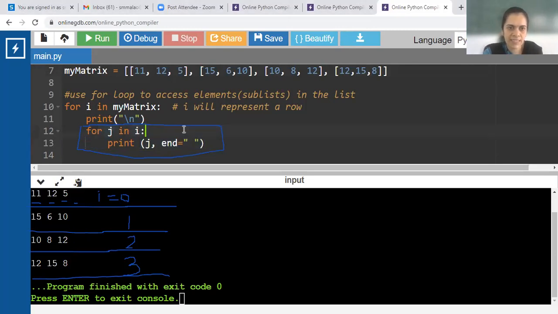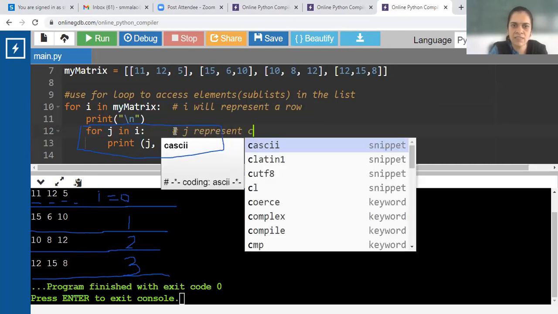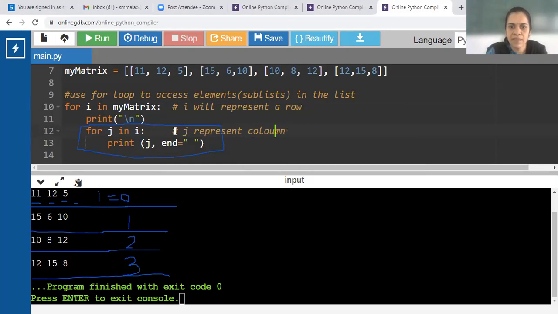So can I say that as I represents row, J represents columns? Will J represent columns in the matrix?